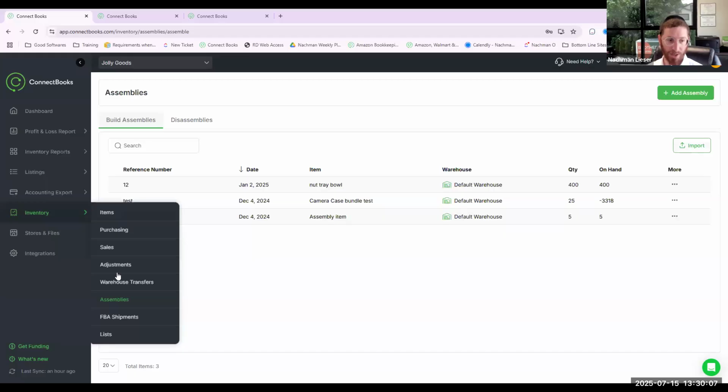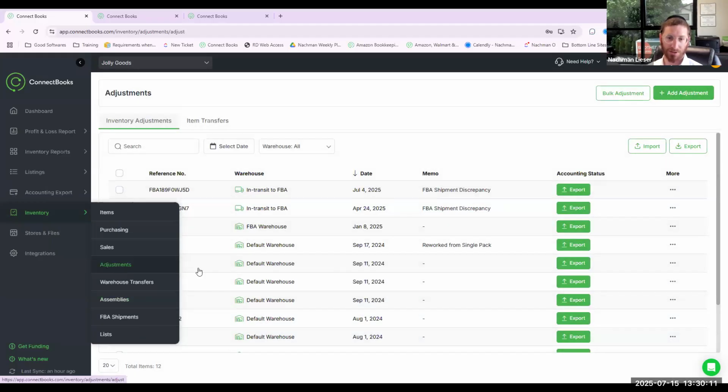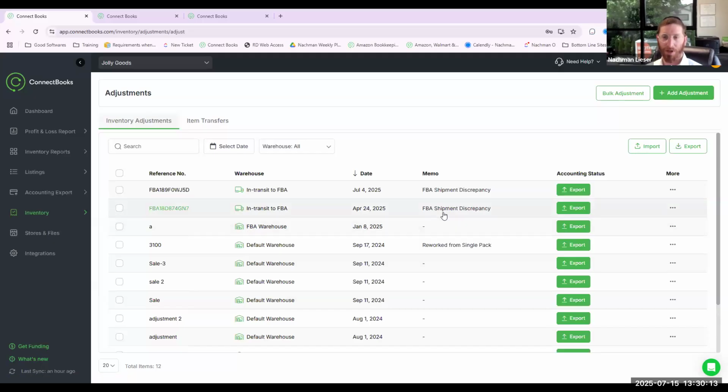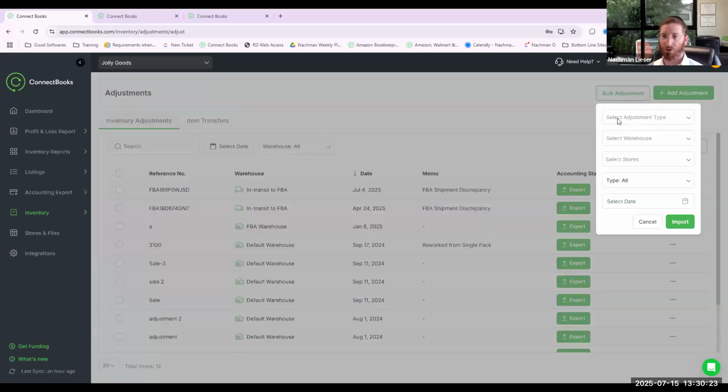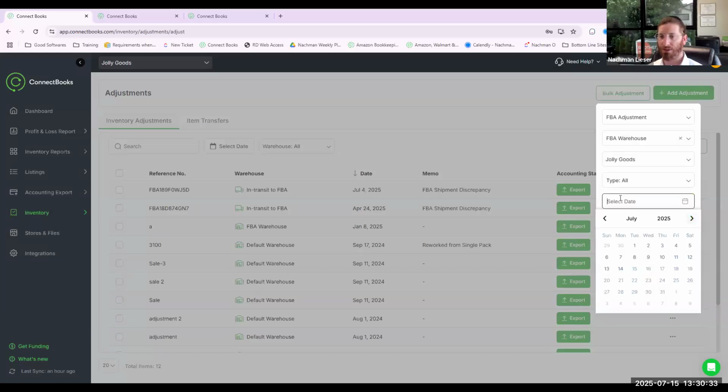One other very cool feature we have on the adjustment side, which Matt, you're probably going to love, is this. We discussed moving inventory across different places, but you also want to reconcile the inventory at the end of the month. So with FBA, we have something called a bulk adjustment, where you select the warehouse. If it's an adjustment type, you can do an FBA, then you select the warehouse you have, and you select the store. And when you select the date,